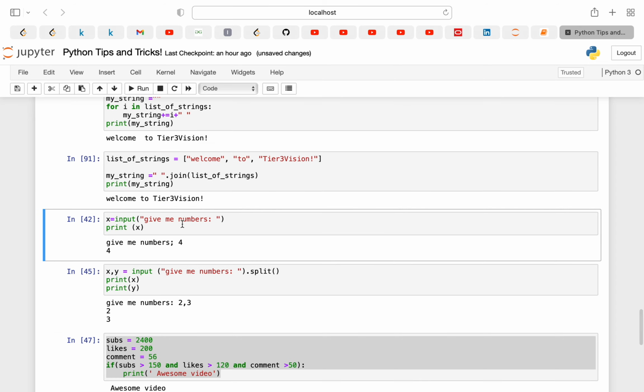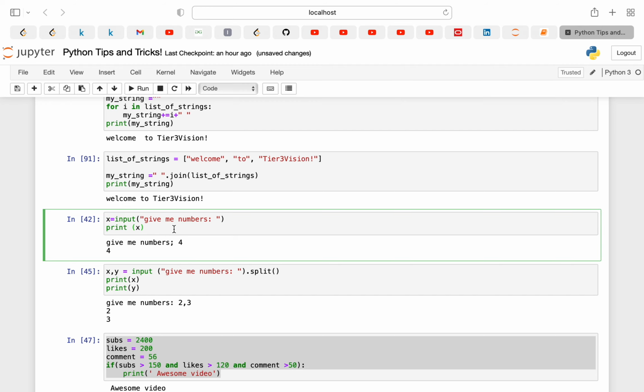Now the next is, suppose you want to input some number, so you can use the built-in input method. But suppose you want to input many numbers. One approach is to input that number inside a for loop, but the for loop will repeat that particular variable a number of times. Suppose each and every time you want to store the value in a different variable, then you can use the split method.